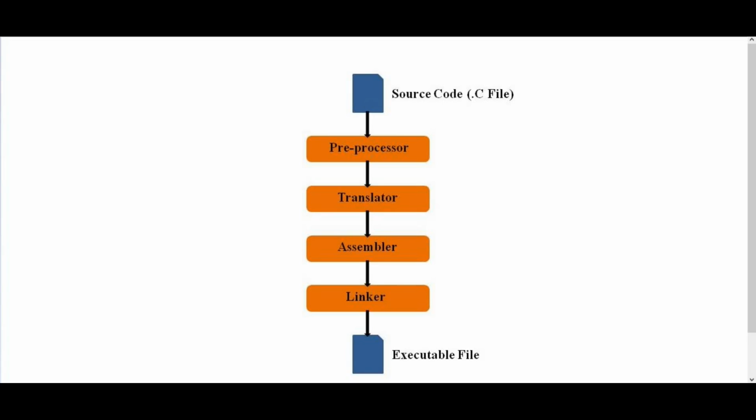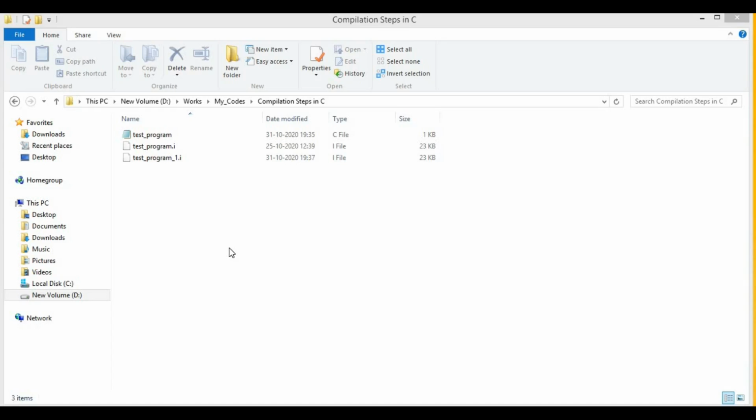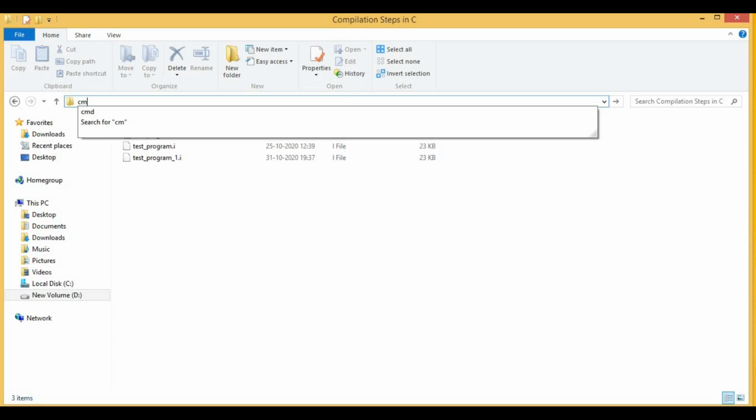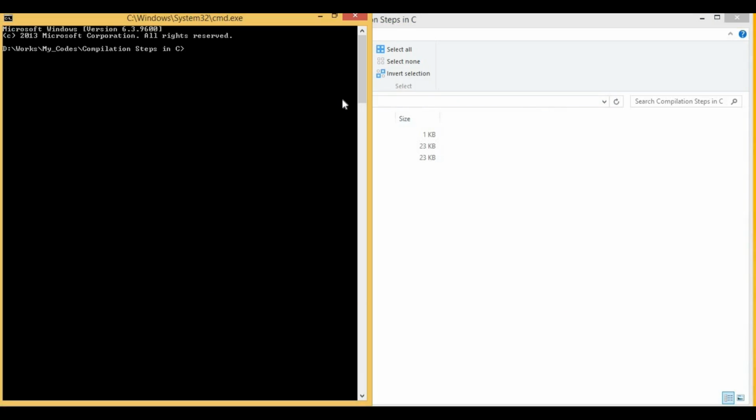The next stage of compilation process is translator stage. The translator converts a program written in C language into an assembly language program. An assembly language has different instruction sets for different architectures. Now, let's learn how to stop a compiler after translator stage. For that, open the folder where we have saved the program, open command prompt, and give the command